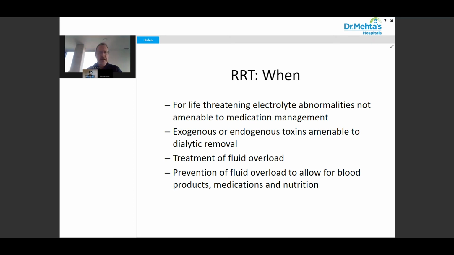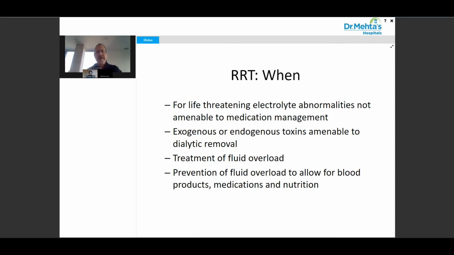That being said, I think everybody should get a trial of diuretics, and if diuretics provide you with enough urine output to give all the blood products, nutrition, and medications you need without getting the patient volume overloaded, then continue with diuretics. But if diuretics are not giving you that volume, then you need to think about either fluid restricting or renal replacement therapy. And in an ICU, fluid restriction can be dangerous because patients aren't getting the nutrition or blood products they need. So when do we think about starting renal replacement therapy?